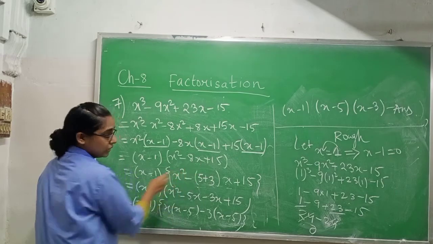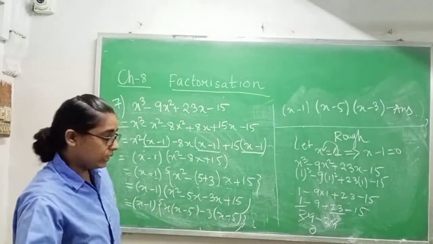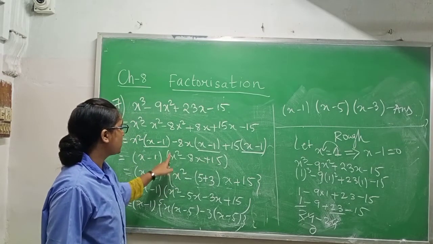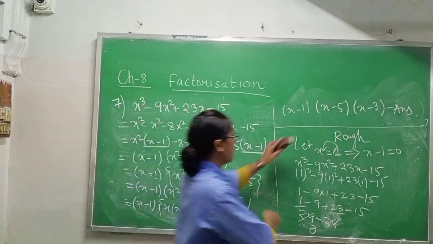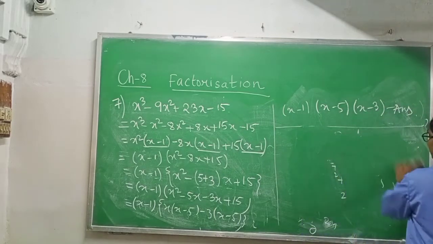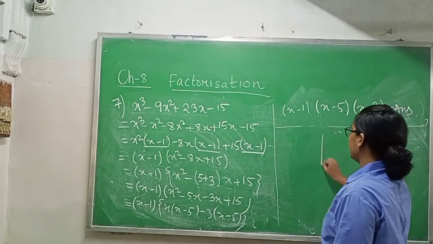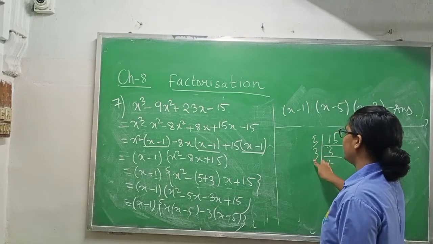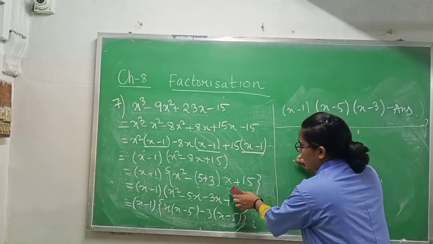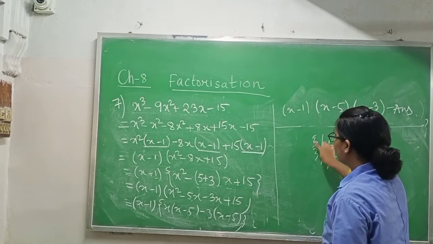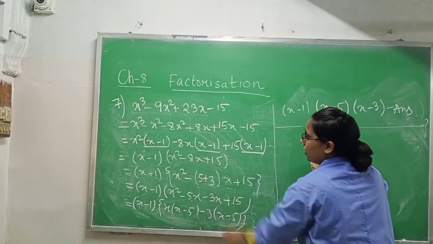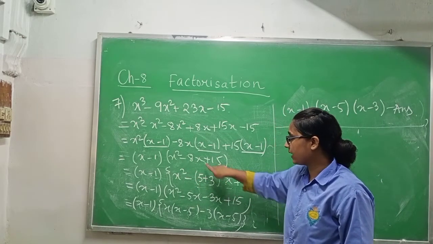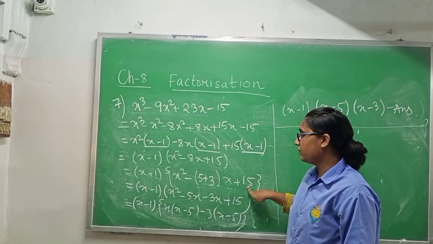It is possible to do the middle term factor. So the LCM you will take for only 15. Why? Because with x square we have no number, no digit. So I will take LCM of only 15. So the LCM of 15 will be, you know, 5 3s are 15, 3 1s are 3, means 5 and 3. So we have to do addition between these two numbers to get 8. So what we will do, we will write x square, then minus sign, then we will give a bracket, then I will write x, then plus 15.